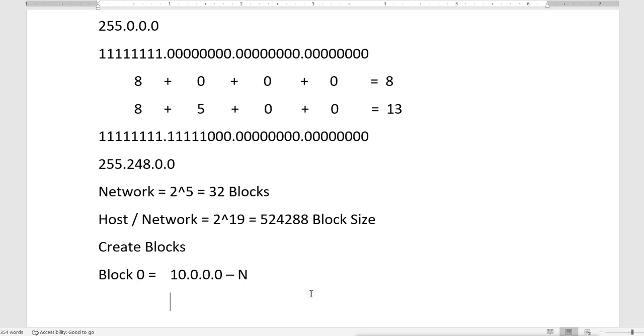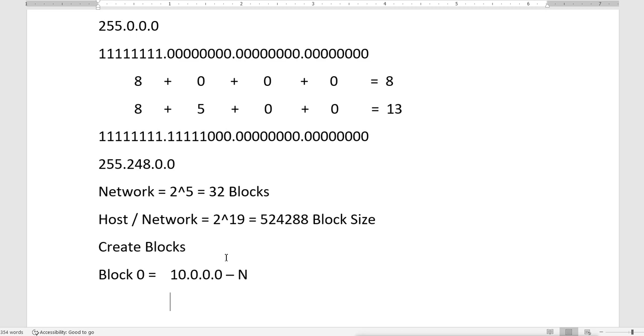Now this is the real calculation, but it can get confusing sometimes because it is a big range. So for creating the blocks, we can use shortcuts, or some formula. I'll show you a shortcut formula. You can use it for class A, class B, class C, whatever the range, but it is especially helpful for class A. For class B or class C we can calculate from the calculator, but for class A we can use a small formula.